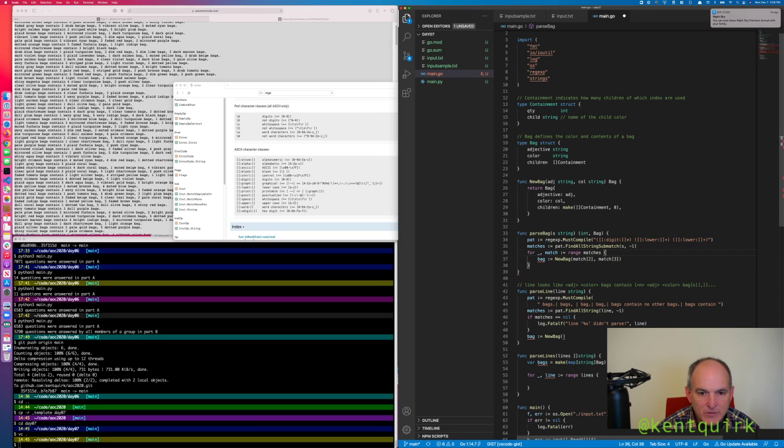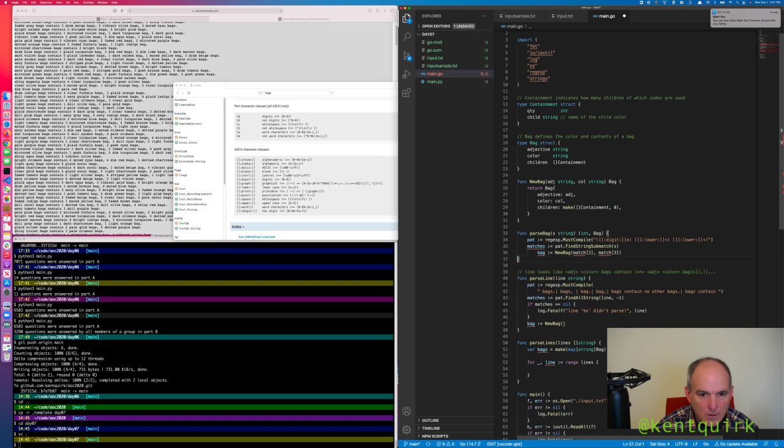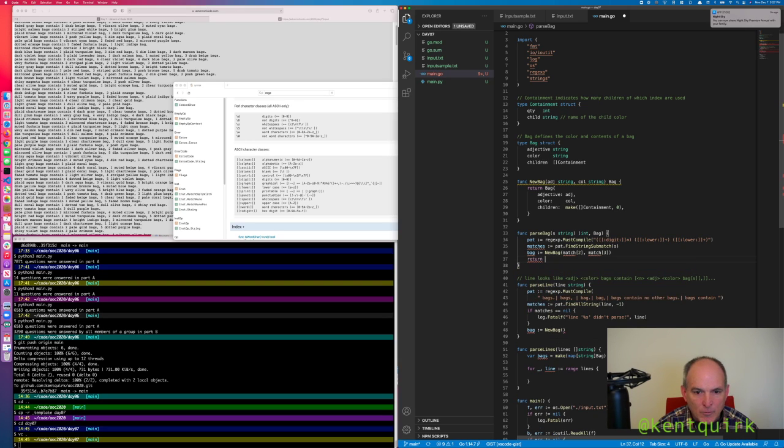There's no range of matches. What the hell am I thinking? Fine, not find all string submatches. Just find string submatch. I'm sorry, I'm confusing everybody. So this should have been a find string submatch because I'm not at the top level, I'm at the next level down. So it's no longer a find all, so we can just find the string submatches, and then there are still, I'm right with this, but I don't have a loop. There's no loop here. And then return